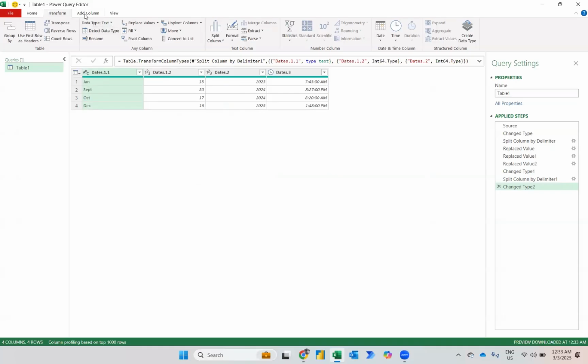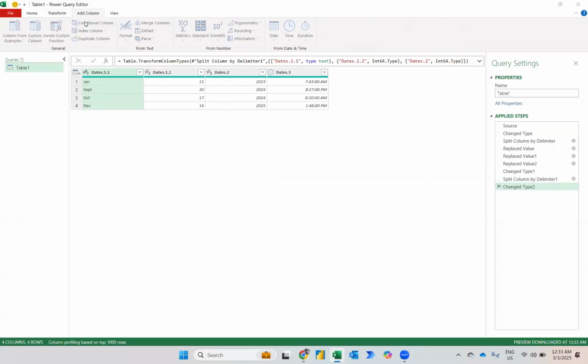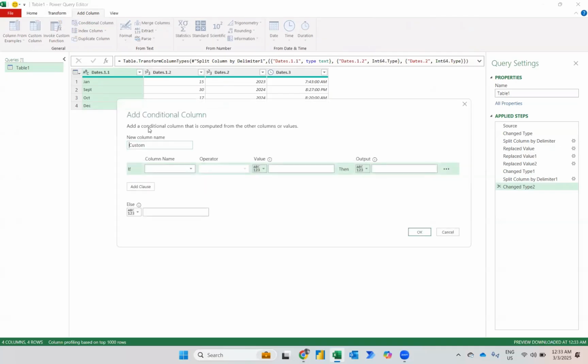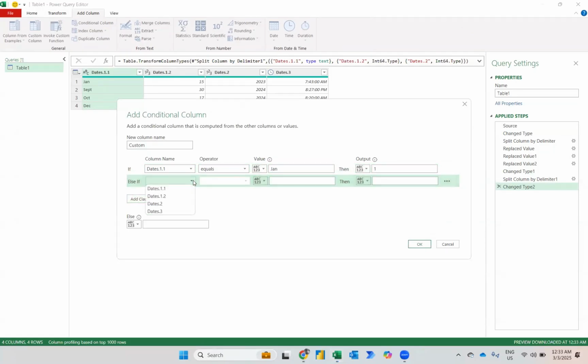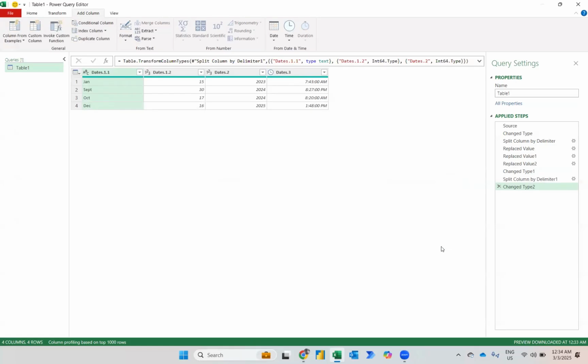Of course, I can go to add column, click conditional column, and then I can type, for example, here, date 1 equals to Jan, and I just write here Jan, and then I put here 1, and then I add another clause and I put here equals to Feb, and I can write here 2. But if you notice, I'm doing one by one for January until December, so it will be a little bit of a hassle. So instead of doing it like this, what I can do is use the M query,